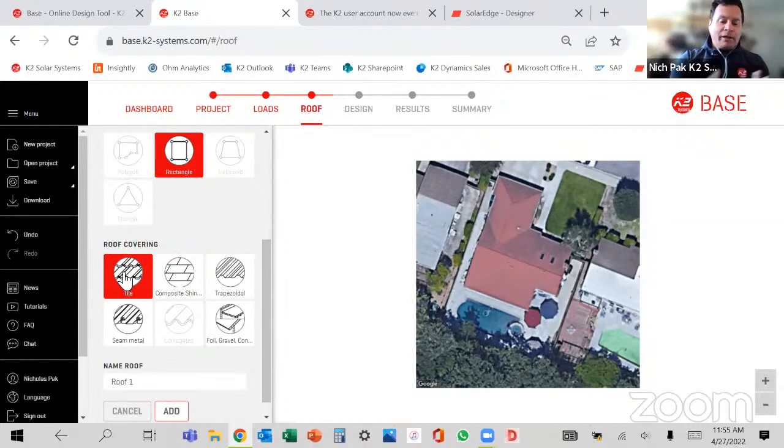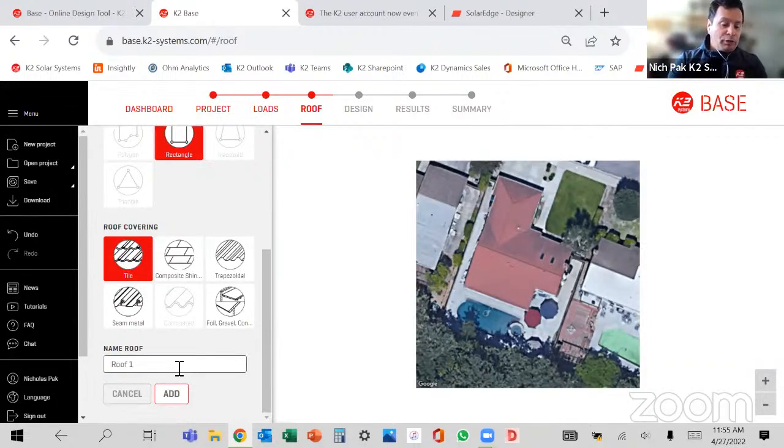So this way, by us classifying the roof attachment, it's going to let us know what roof attachments are available for the roof covering, for a tile roof. Make sense? And you can put any information here on roof 1. You can edit this if you want. You can say, hey, this is the southwest